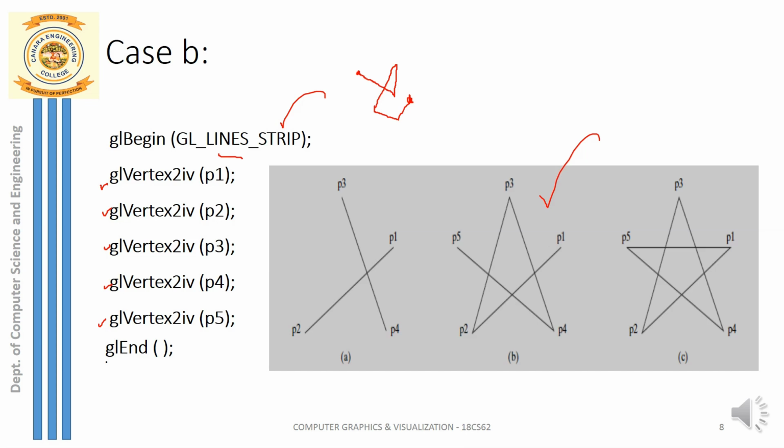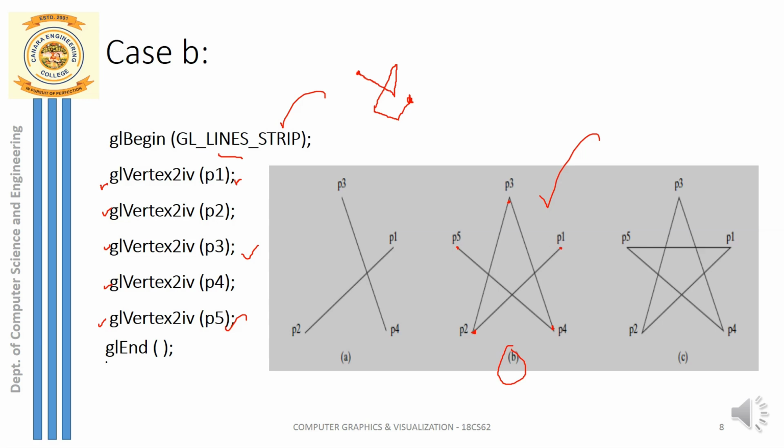So I can start drawing the line from the very first point, that is P1. Just concentrate on this case B. I can start from point P1, continue to P2. Yes, one line is drawn. Then my third vertex is P3. You can continue there, P2 to P3, the next line is drawn. Next P3 to P4, in the same order the lines are drawn. Next, the last vertex is P5. So stop when you reach the last vertex. So stop drawing the line there. This is how the line strip is drawn. Start from the first point and end at the last point.